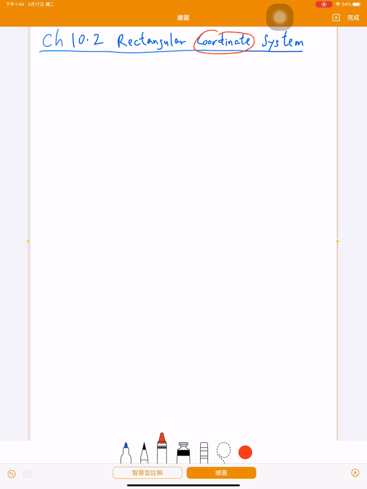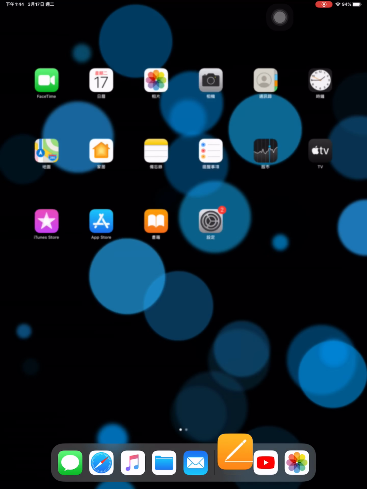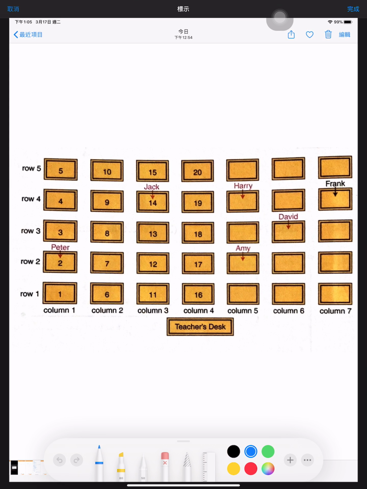In Chinese, it's called 坐标. That means this is used to define the position of the target. Okay, the position of something, or I can say a target. So for example, I use the previous video as an example, and in this sitting plan, for example,